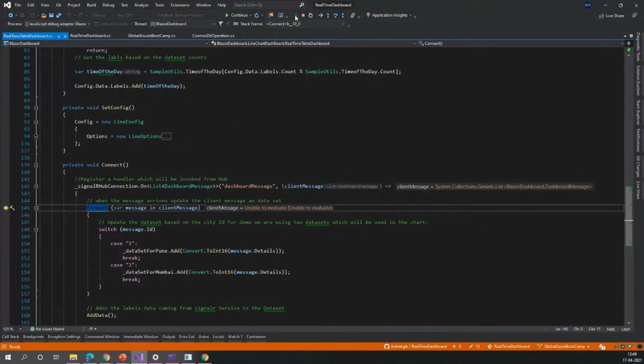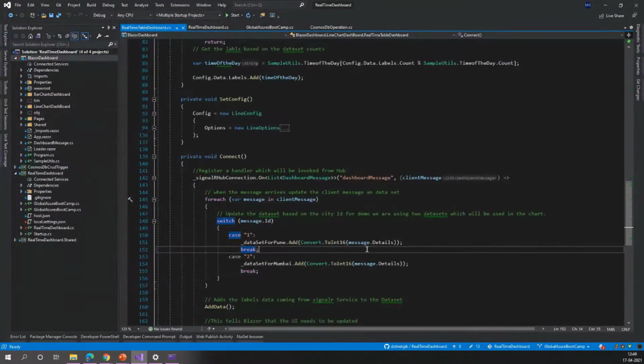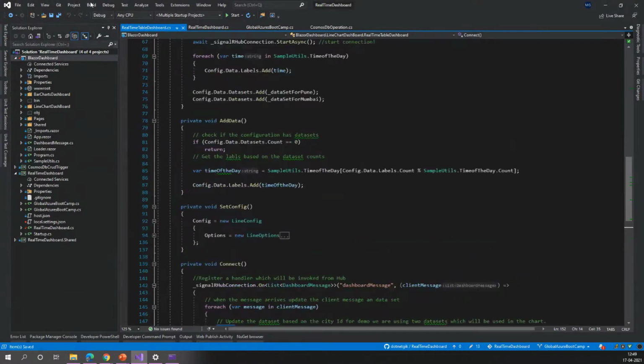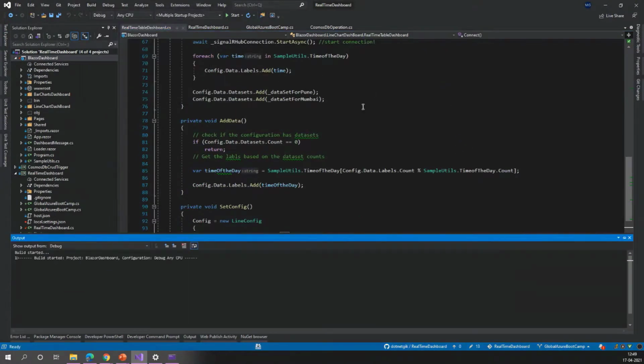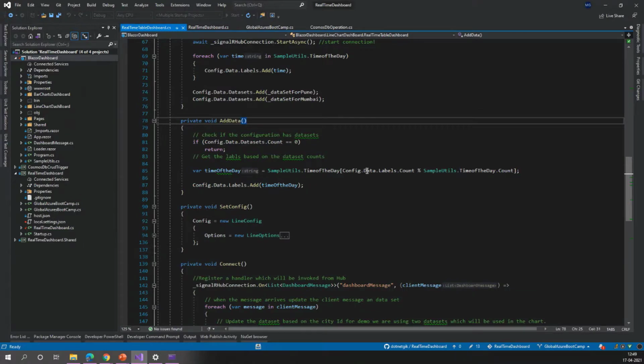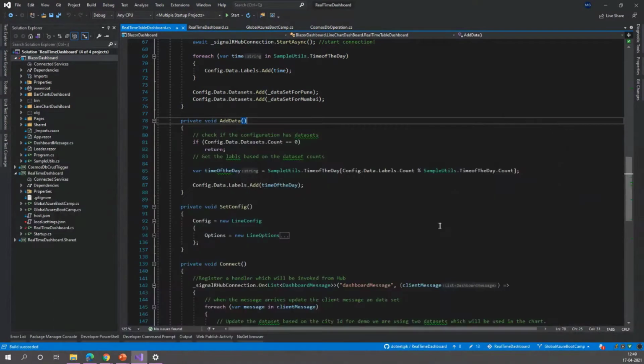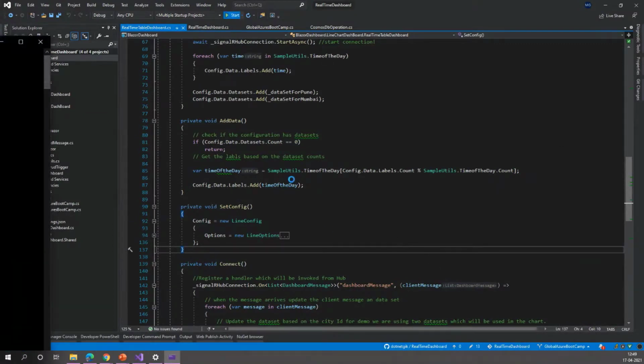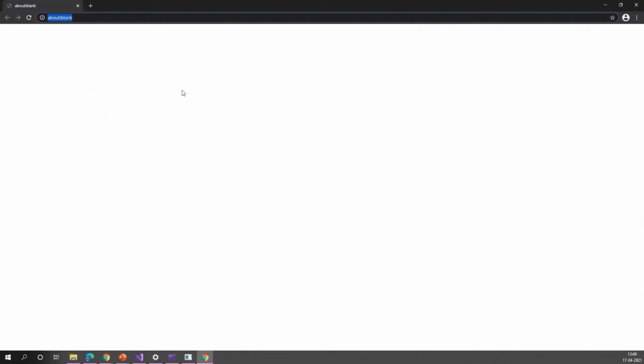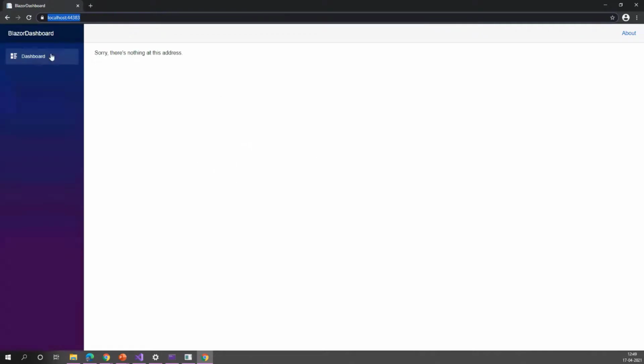Let me stop it again and run it. There are some issues with Blazor, I guess. So let me run it again. Let me close this, and yeah, let me start this. So our application is running.